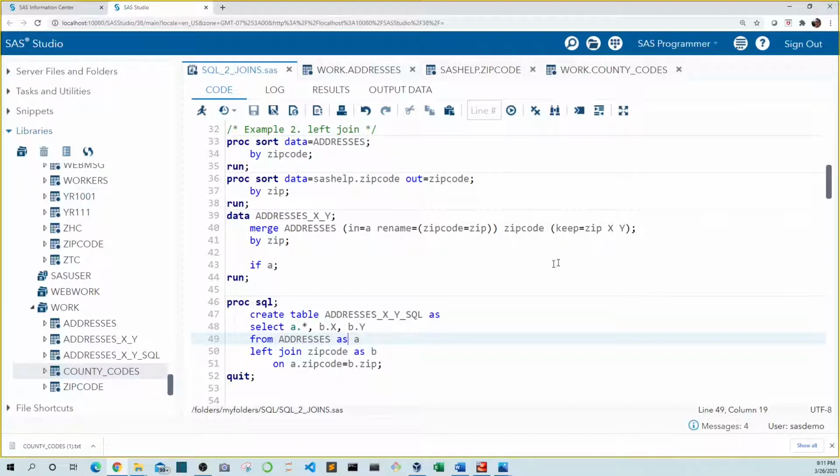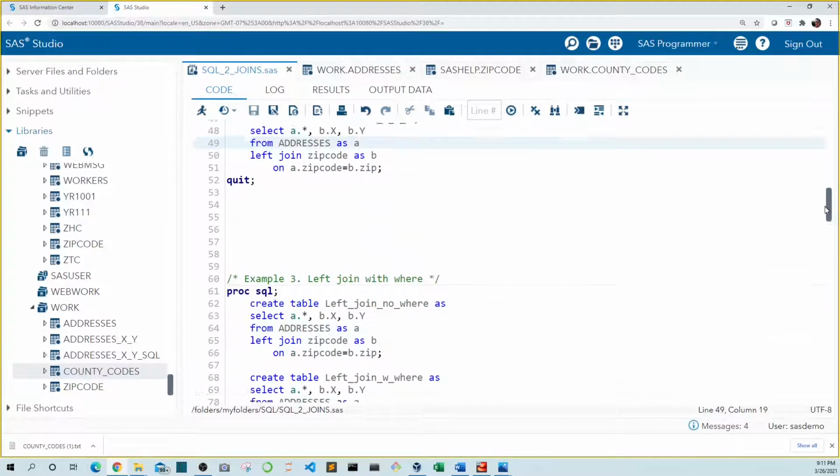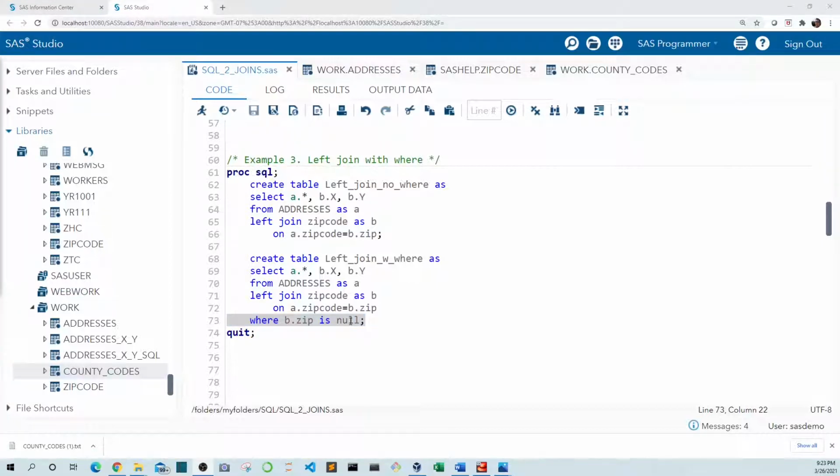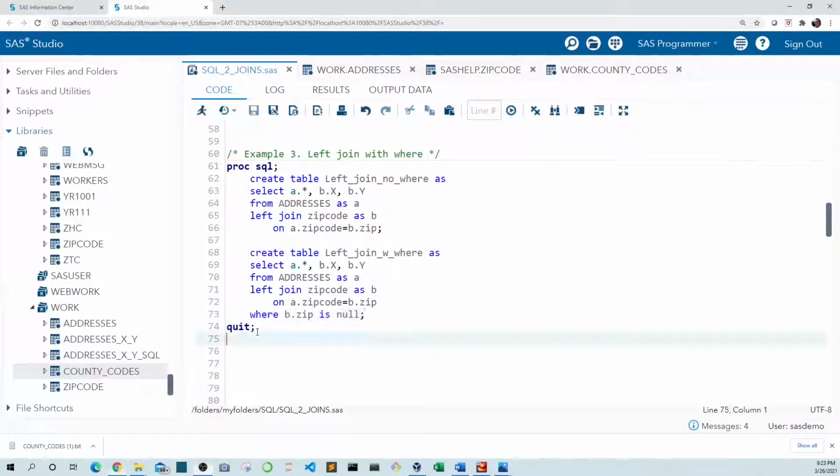You can also control the output by using a where clause. So this top block right here doesn't contain a where clause. It's the same left join that we ran above. But this bottom block now has this where clause right here, where b.zip is null. This tells SAS to only include rows from addresses that did not match a zip code from the zip code data set. So let's run this code